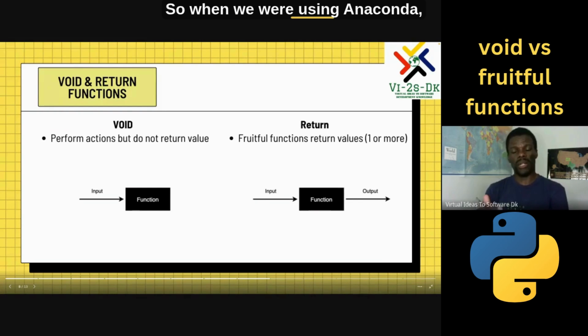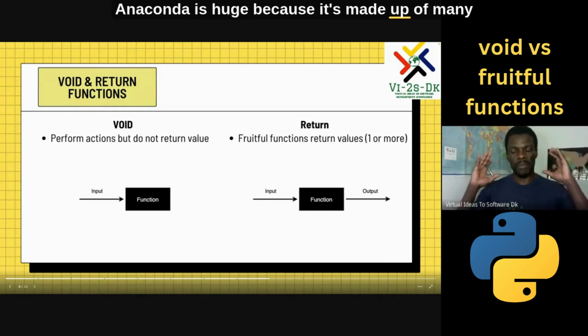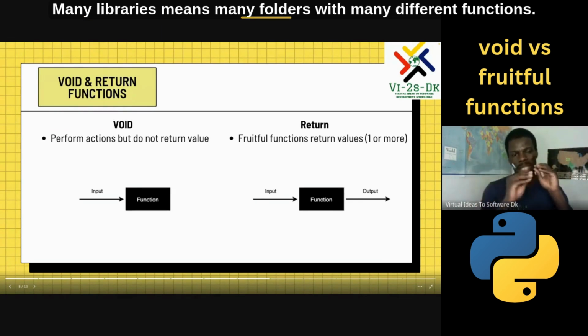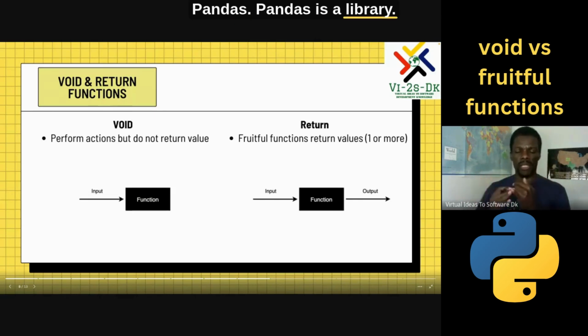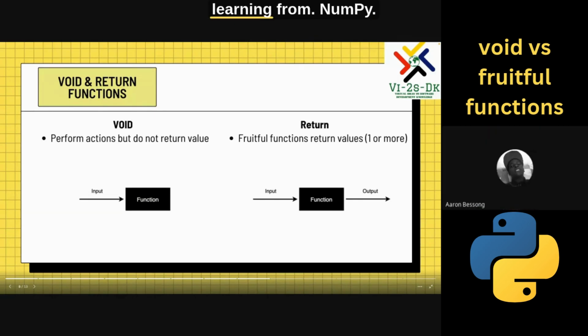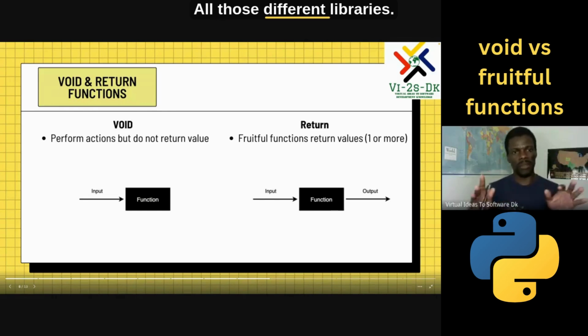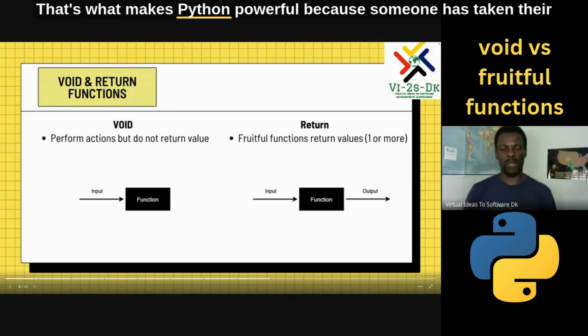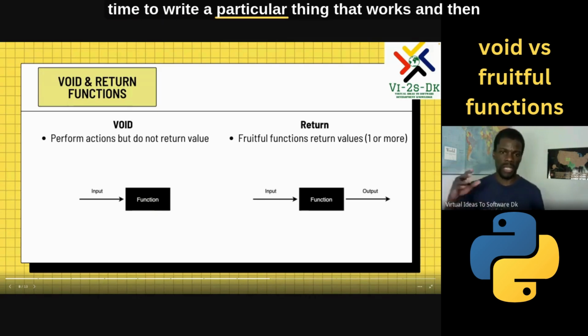So when we were using Anaconda, it is huge because it's made up of many libraries. Many libraries means many folders with many different functions. Pandas is a library. Pandas has many functions that we don't need to start learning from scratch. NumPy, all those different libraries. That's what makes Python powerful, because someone has taken their time to write a particular thing that works, and then